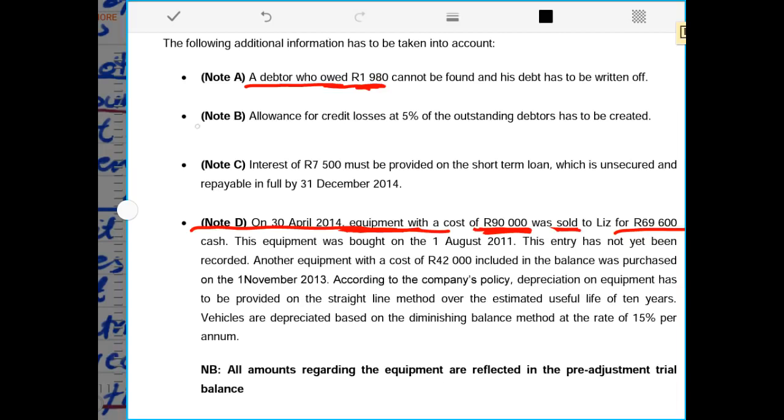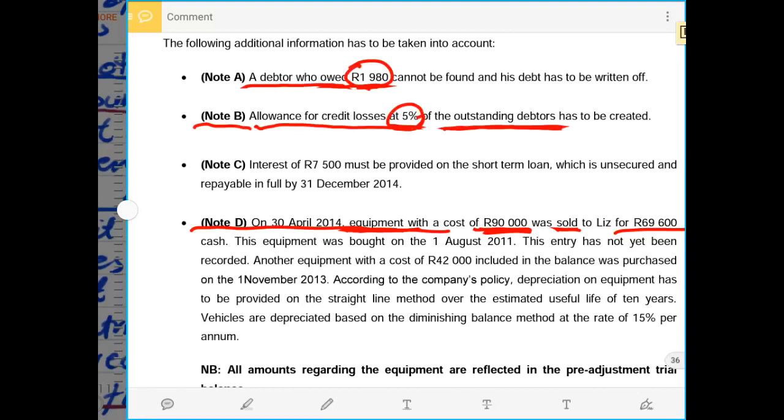Then I go to note number B. Note number B says allowance for credit losses at 5% of the outstanding debtors. They always highlight that the allowance has to be created on outstanding debtors. Remember, this data is still within the books of the business. It means when we are calculating the allowance, we must say the amount of the debtors minus 1,980. Then we multiply by 5% to calculate the allowance of the outstanding debtors by the end of the current